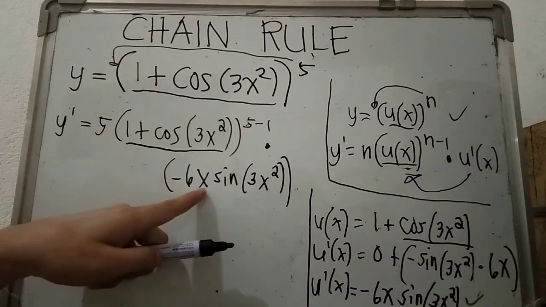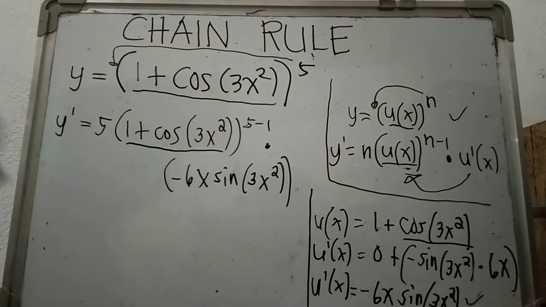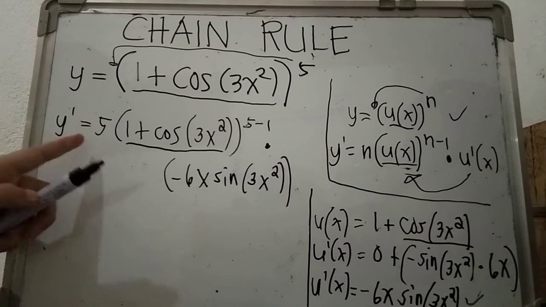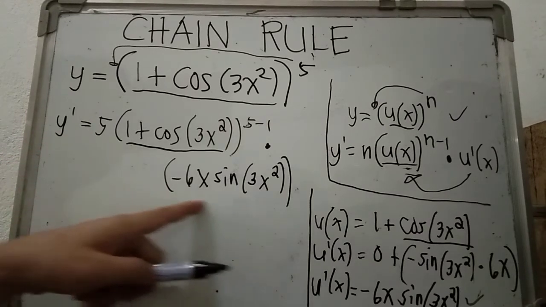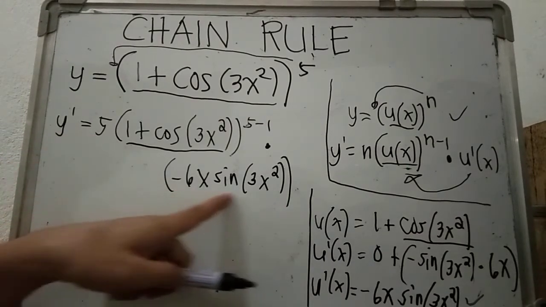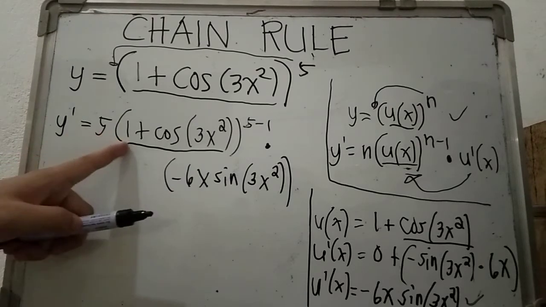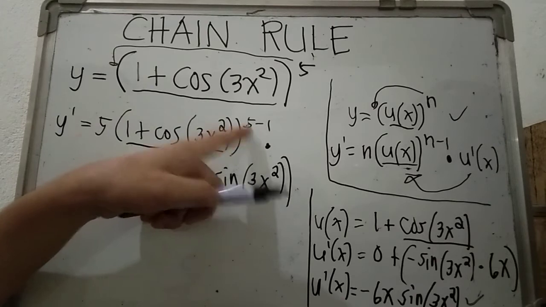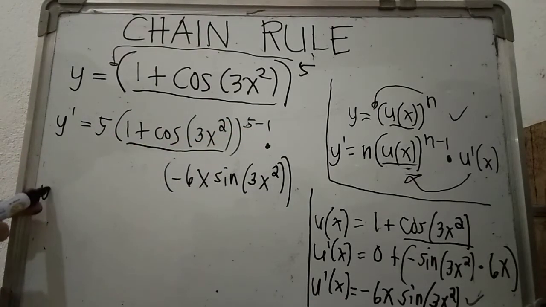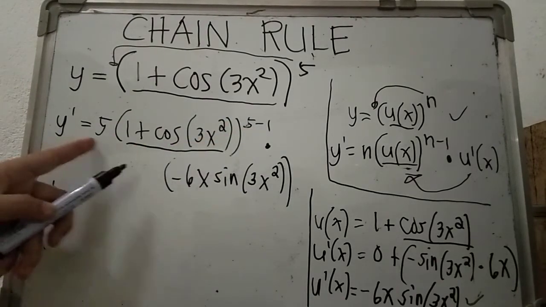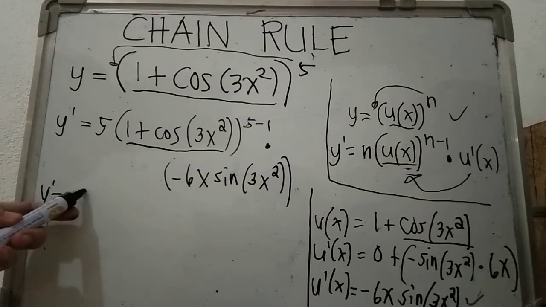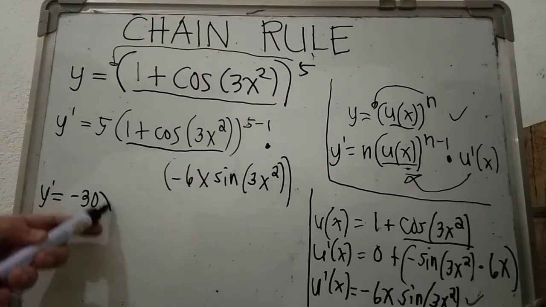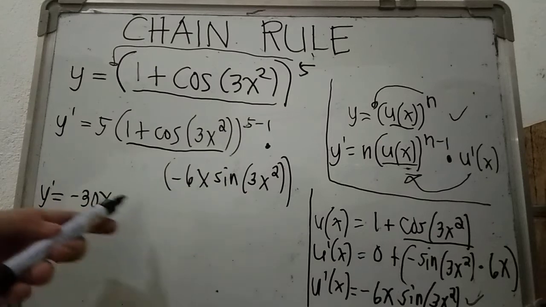Take note, this is actually x variable and this is x variable. Now multiplying 5 to this function, so we are going to multiply simple functions, and you cannot distribute 5 to this function because this is protected by an exponent of 4. So this is now y prime. What is 5 times negative 6? That's negative 30. Copy the variable x and then copy sine